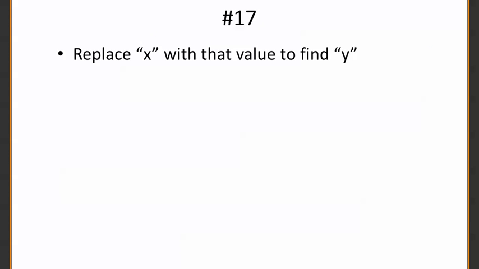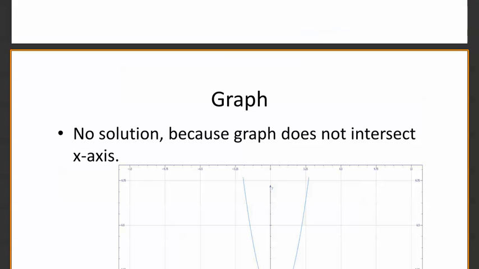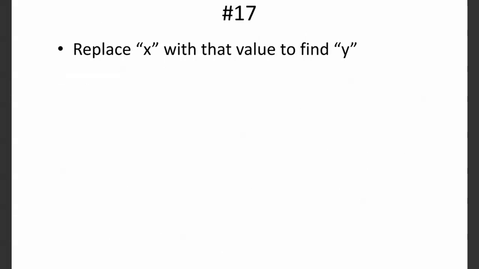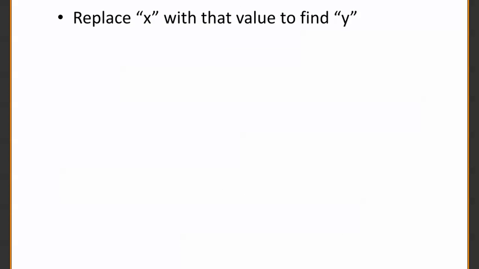So for number 17, let's find the y value that goes along with this for the vertex. We had, again, x squared minus x plus 1. So let's say y equals x squared minus x plus 1. And we know that x is 1/2 from the value that we just found. So we're trying to find the y that goes along with it when x is equal to 1/2. So that gives us 1/4